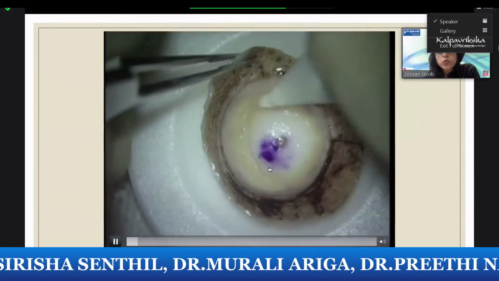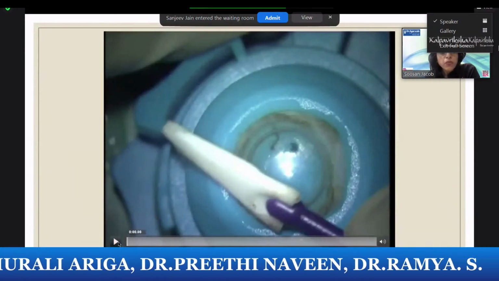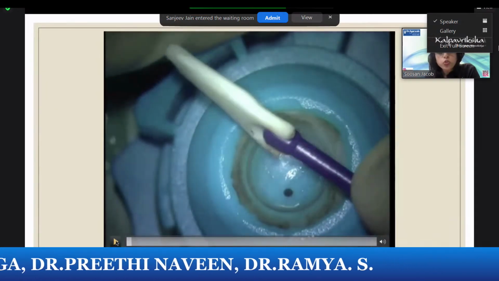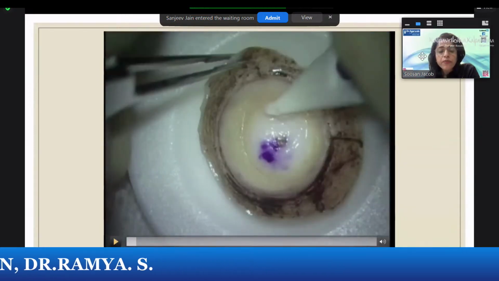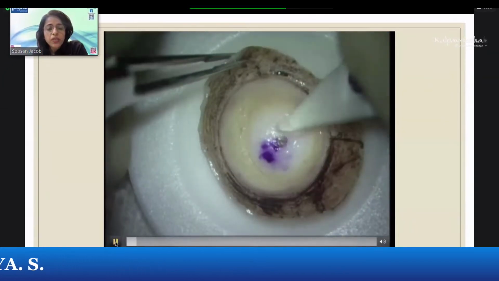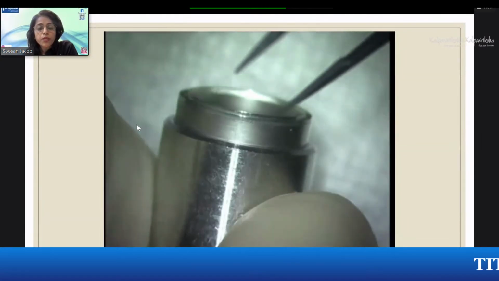Here we have mounted the donor corneoscleral rim on an artificial antechamber. You can see what I'm doing first is removing the epithelium, because we're going to implant only stroma. We don't need epithelium implanted. So you remove the epithelium. Now you dismount the cornea from the artificial antechamber and remove the endothelium. So now you're left with mainly just the stroma and Bowman's membrane.